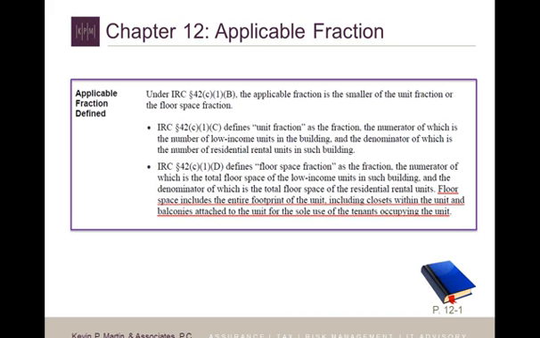And again, this is directly from the audit guide, and also in Code Section 42(c), the applicable fraction, and that's what I'm explaining here. The applicable fraction